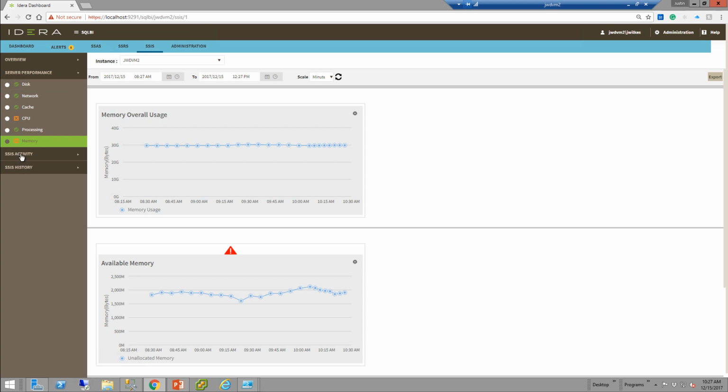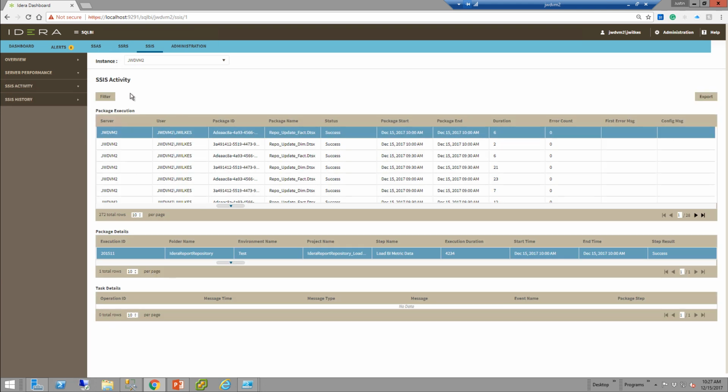And then if you want to get into what packages have been processed and the individual history, then you go to SSIS activity, and here you can see what packages have been run. So package execution, package details, and task details. Note that here we can jump into individual package